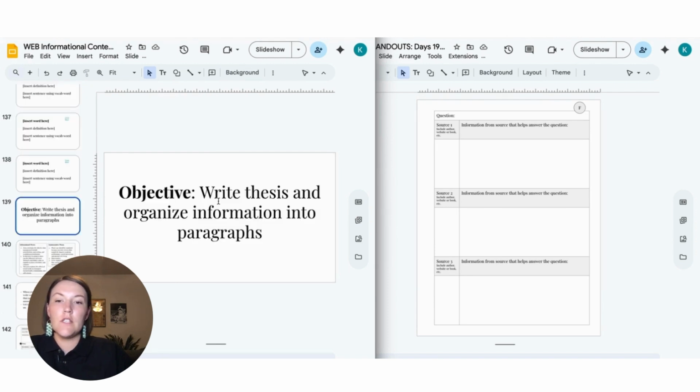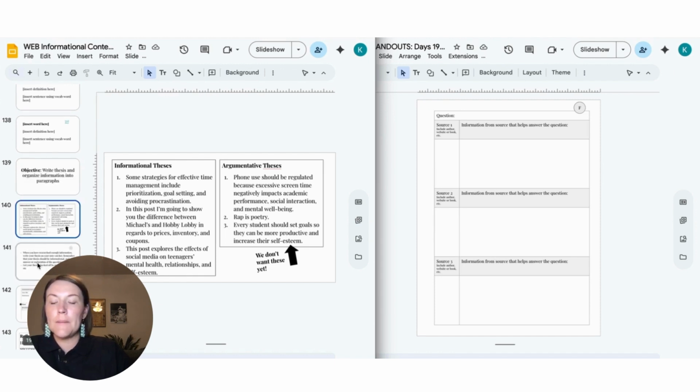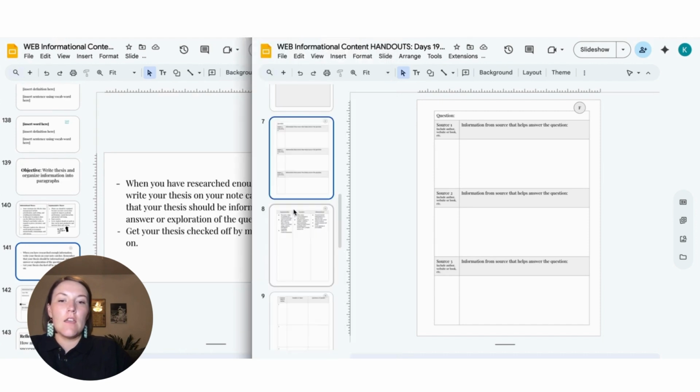The objective for this day is to write their thesis and then organize their information into paragraphs or into reasons if they're not doing something written. And then I'm just going to remind them that we want informational theses. We do not want argumentative. Just a quick review of what we've talked about the day or 2 before. And then